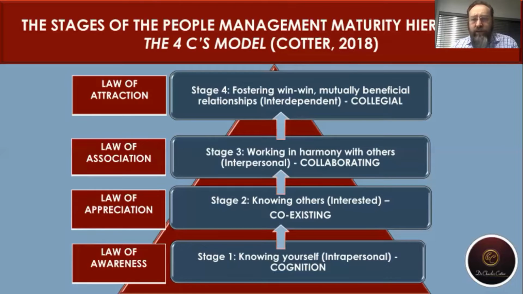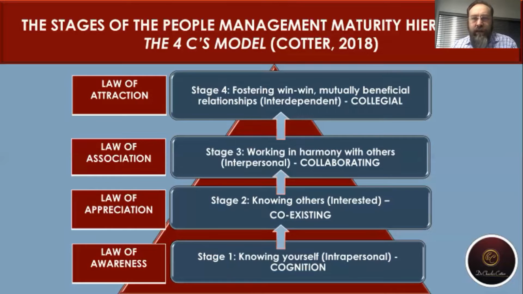From there, you would graduate to stage 3, which is collaboration at an interpersonal level, the law of association. This is where you not only coexist, but you also are able to work in harmony. And of course, this is going to be amplified where you have a remote working culture, where you don't have that proximity, you don't have that we're in the same office and I can just reach out and consult with you. You don't have that luxury. And I think this puts added pressure on change leaders in how we facilitate this stage 3.